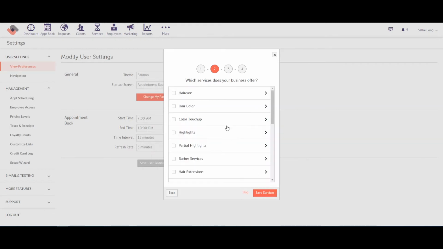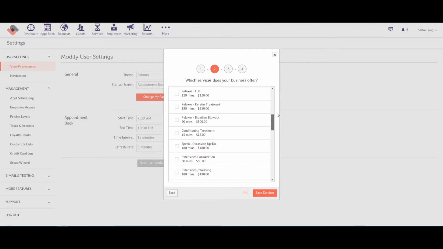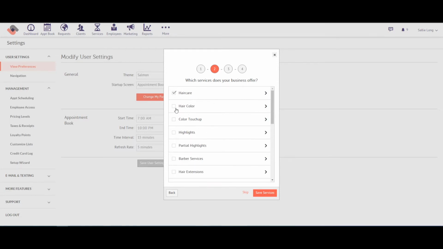And then the next screen is going to run you through wanting to import services from our pre-generated service list. So if you didn't have a list of services, rather than type them all in manually and start from scratch, you could come here and select the services that you would perform. And once you select those services, you could go through one by one on this list if you wanted, taking some away. Whichever one you check off is the one that's going to add. And then once you've selected what you want, you just hit save services, and it's going to add those services